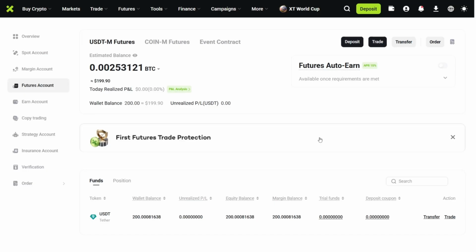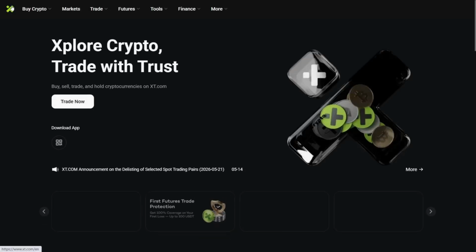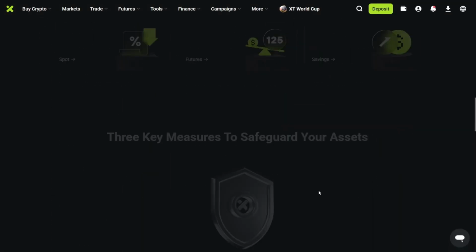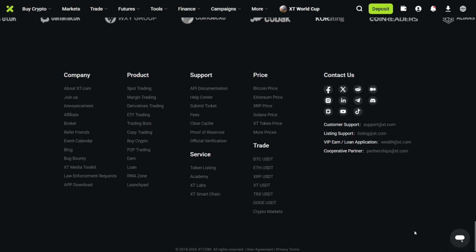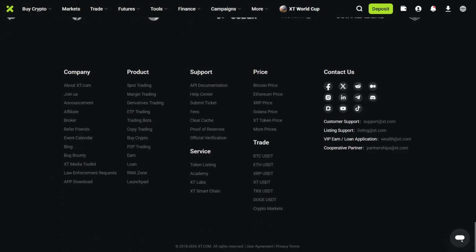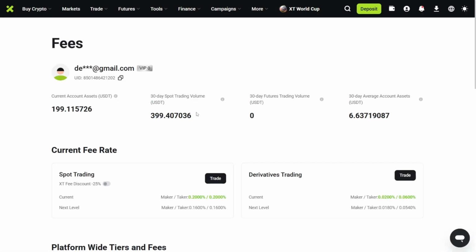Our next thing we want to do is understand the futures trading fees on XT. So let's head to the top left, click on this X right here. This will take us back to the home page. We can then scroll all the way down to the bottom. Once at the bottom, under support, we can click on fees. We can see under current fee rate in derivatives trading that the maker fee is 0.02% and the taker fee